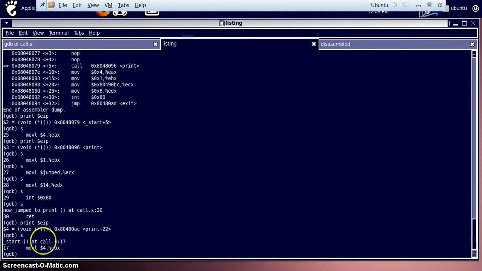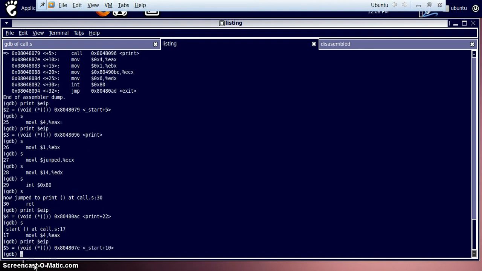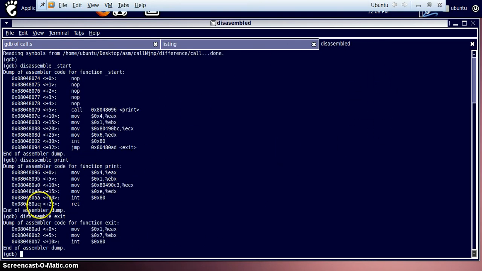So what we were doing, we had executed return. So let's get our instruction pointer. The instruction pointer, as per memory addresses, is at 807E. Where is 807E? It is at this place. See, program flow goes from here straight up, and 807E is over here, just below this call print label.